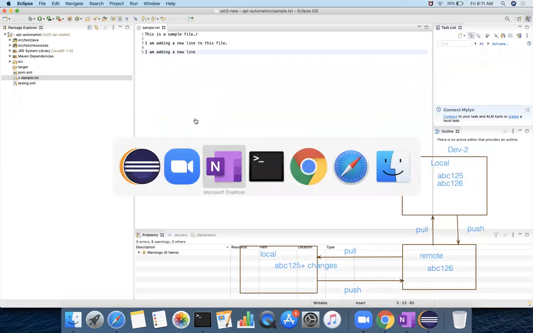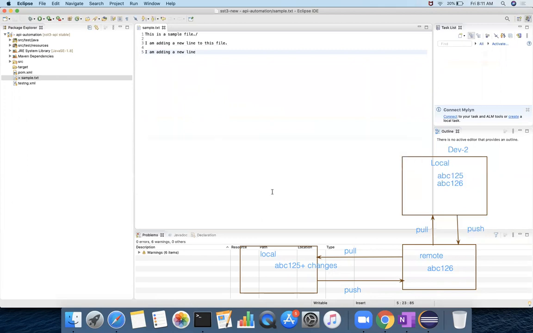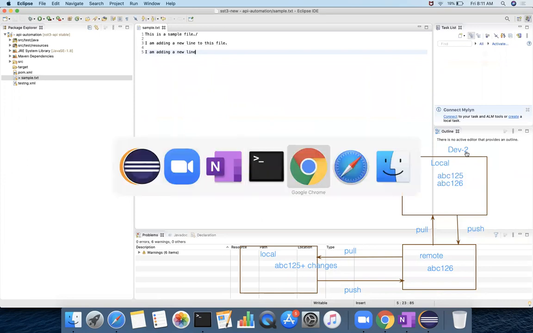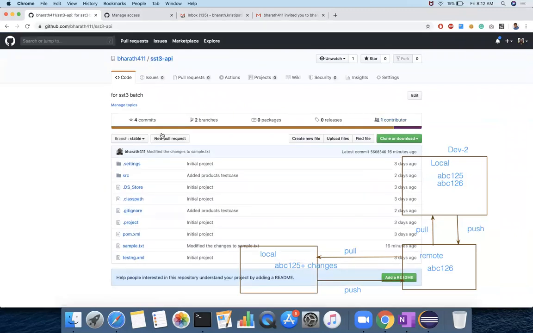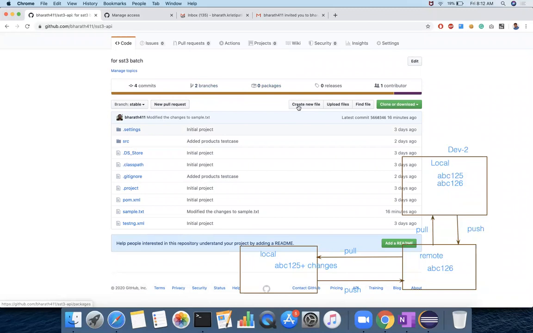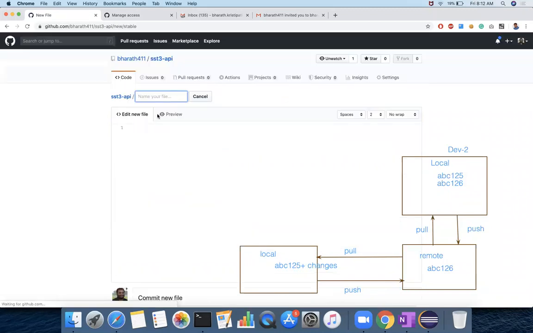Now in the repository, or developer 2, I've modified the changes, right? What does developer 2 have to do? He has to commit and push his changes, right? So assume that this is developer 2. Developer 2 is going to create a new file. The file name is second sample.txt, and then new file.